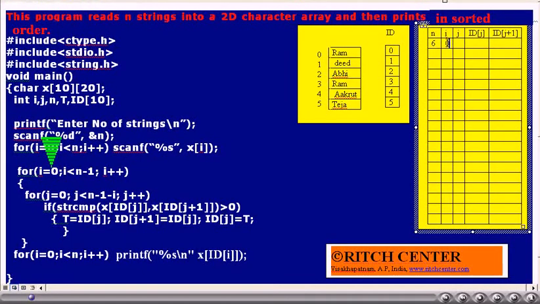I value is initialized to 0. Is I less than n? Yes. J is initialized to 0.